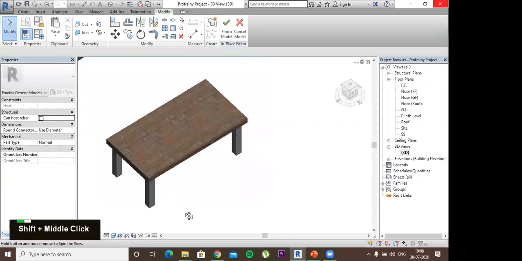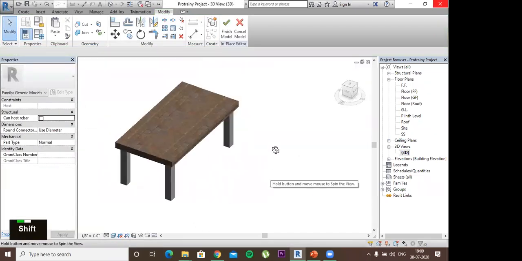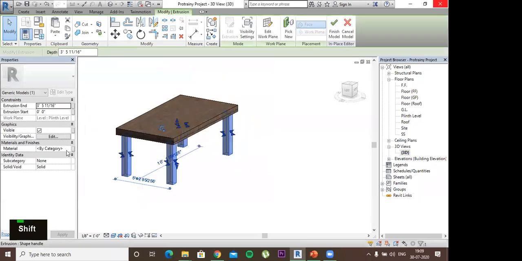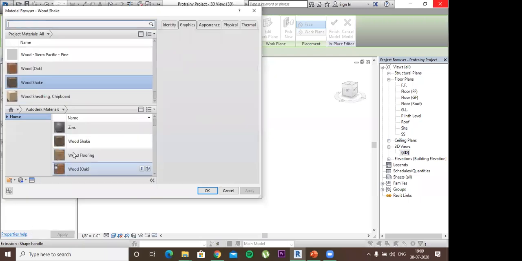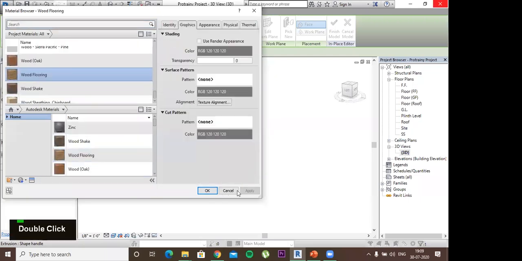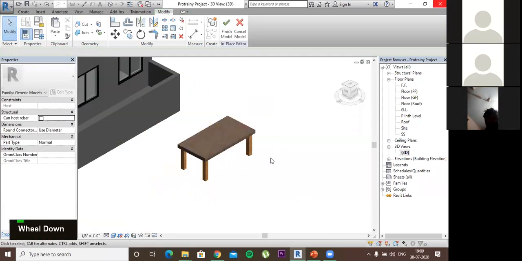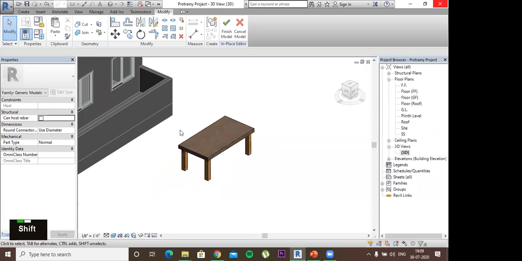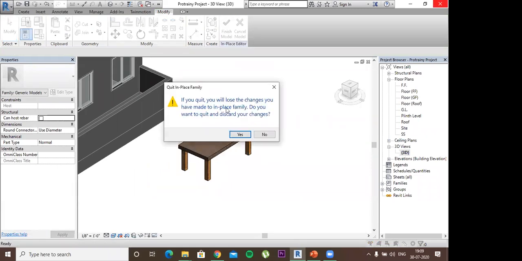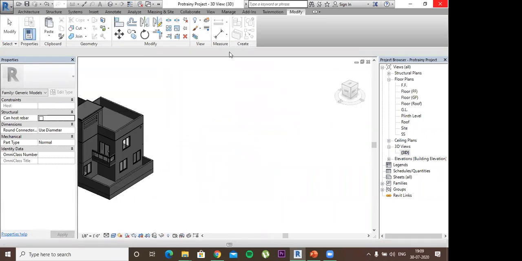The material has been applied to the table. And for the legs, I'll go to category, I'll apply a material, click OK. Then the material is applied to the legs too. Okay, so this is how we can model something in place.